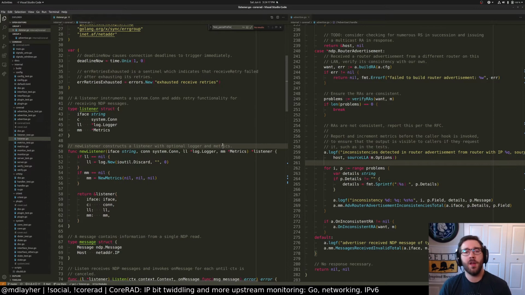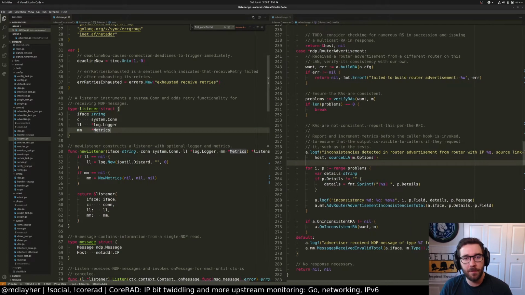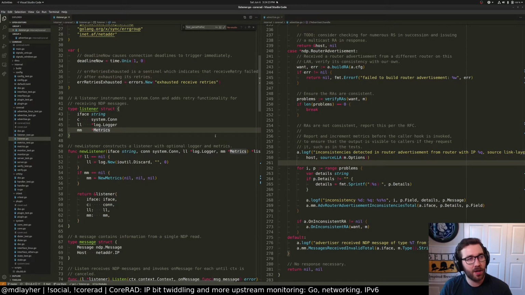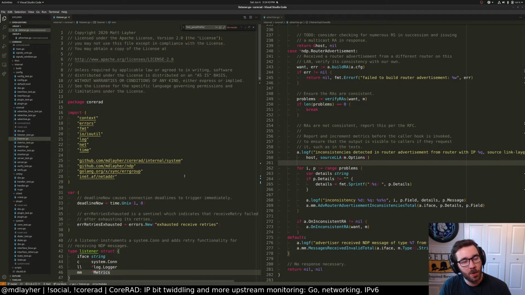Okay, we're back. So I'm going to show you all something I've shown on stream before, but this is actually pretty cool. I'm going to boot up a virtual machine in my lab, I think running FreeBSD, and we can actually run CoreRAD on FreeBSD too, which is pretty cool. As far as I can tell, most things work fine. We do need to integrate support for fetching the system forwarding state and such. Maybe that could be fun for today. We can at least investigate it, but I need to spin up a VM.